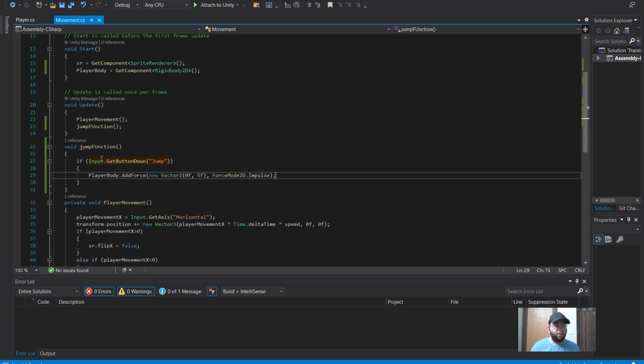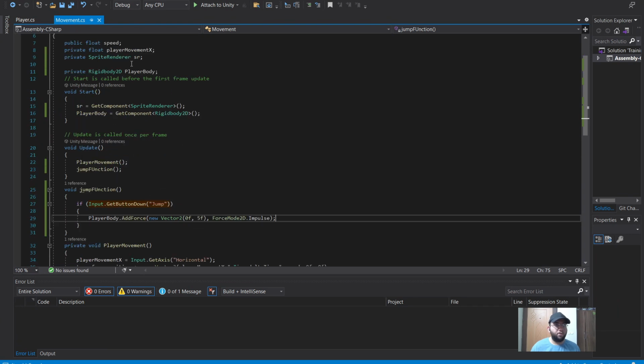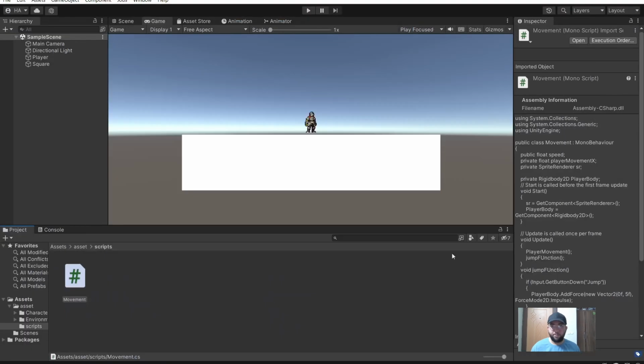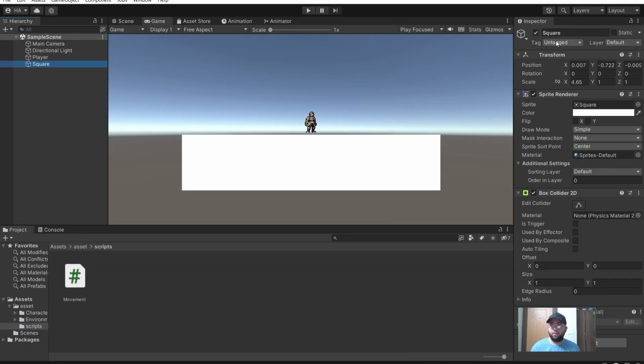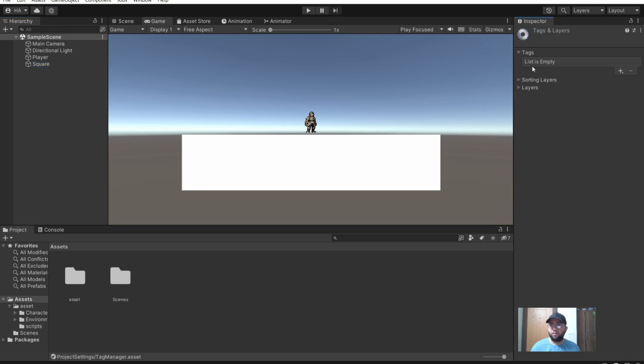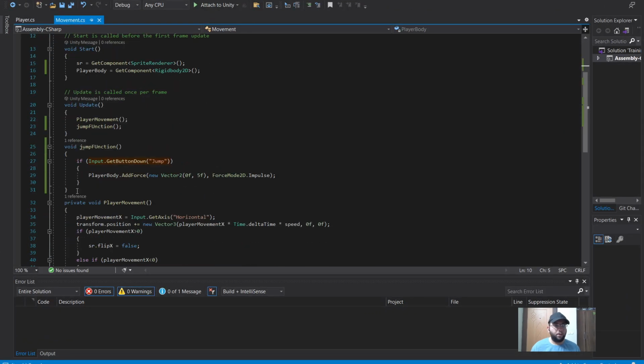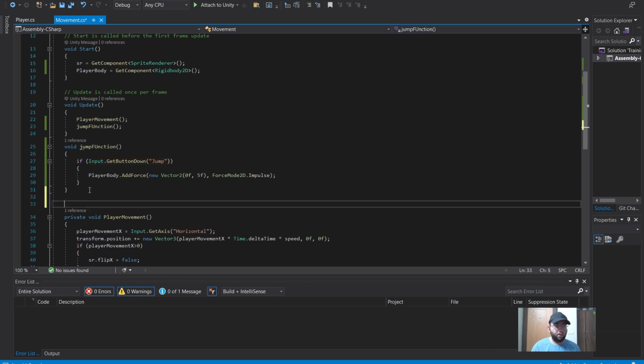For that, you have to detect when the character hits the ground, so it's better to use the tag. I'm going to add a tag, name it ground, copy it,